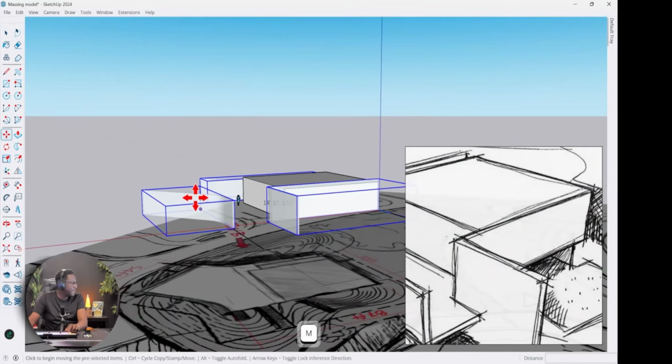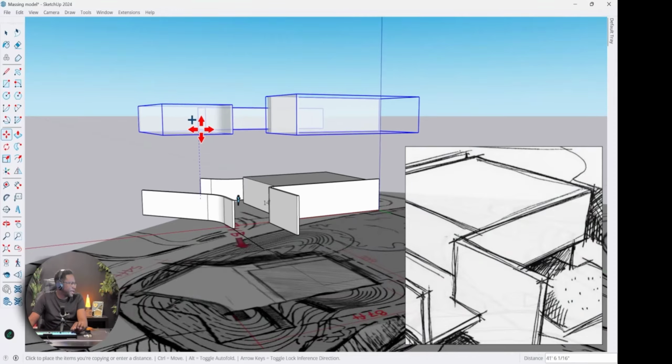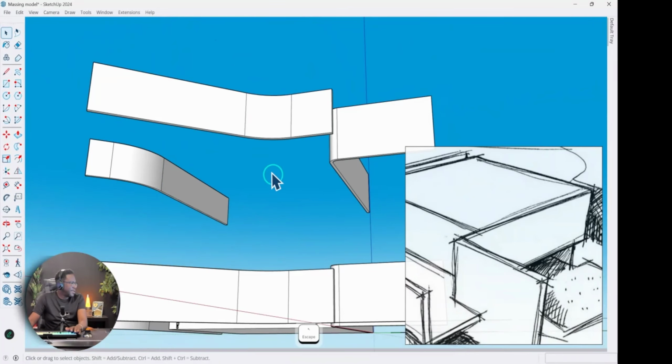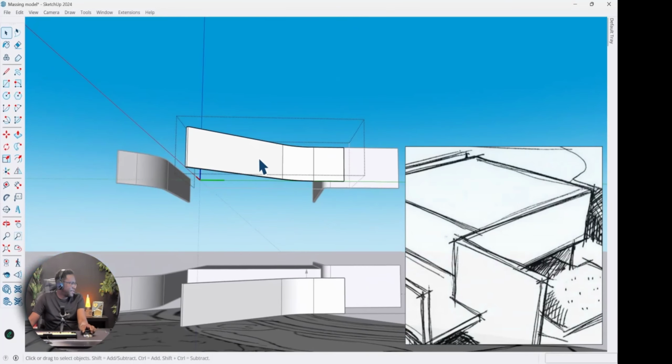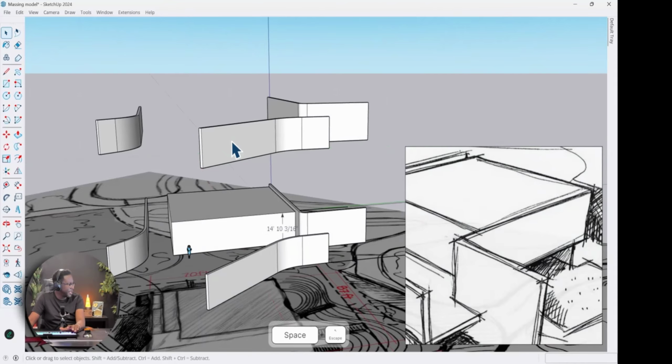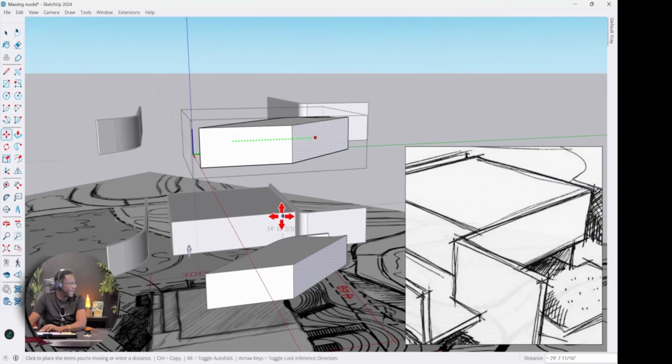So I'm gonna press M to move, then move this. I'm gonna press Control so it creates a copy. Move this up on the Z. By the way, when I copy this, notice that when I click one, the other one clicks. If I change something on one, the other one will change. So if I move something, the other one will move as well.